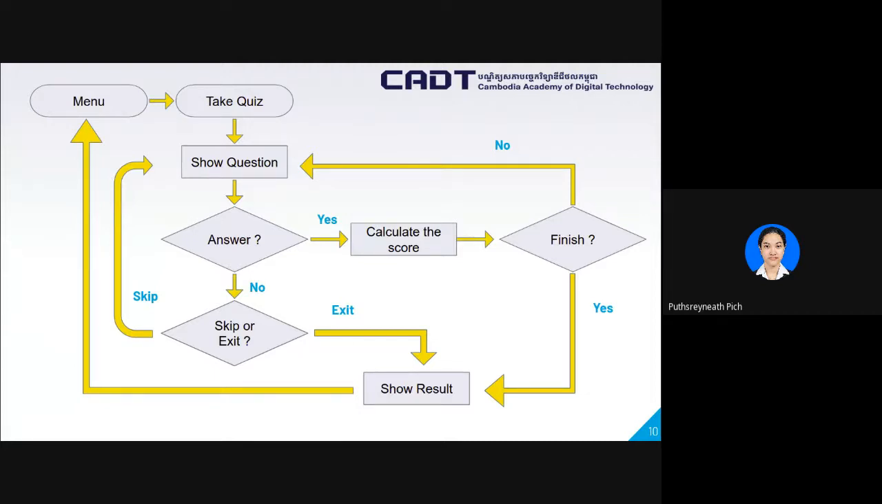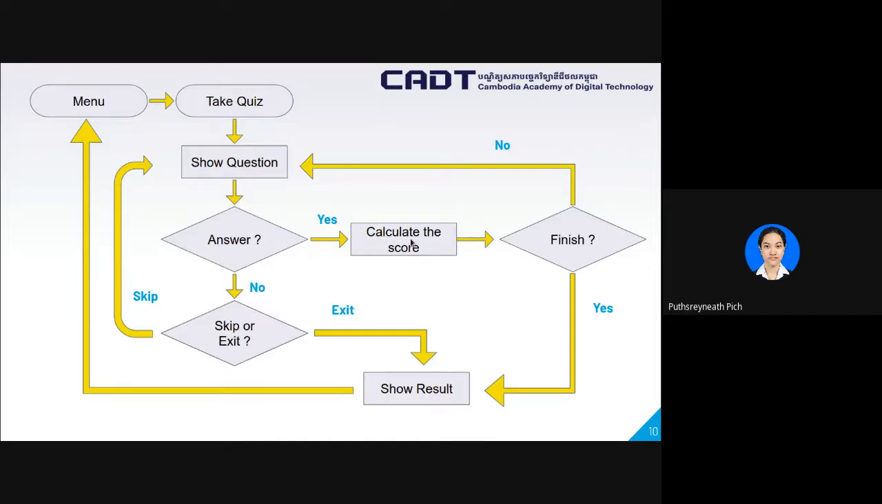In the user menu, we have 4 different choices for the user to choose. If I choose to take a quiz, it will display the subjects for me to choose. After I choose a subject, it will show the first question. Each question has 4 possible answers, and I can choose to skip or exit this quiz too. If I choose to answer, our program will collect the answer and calculate the score for me, and then